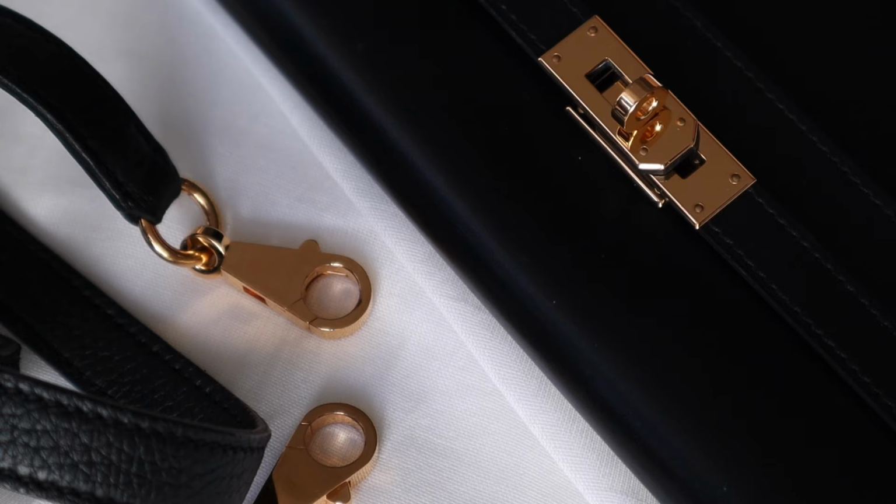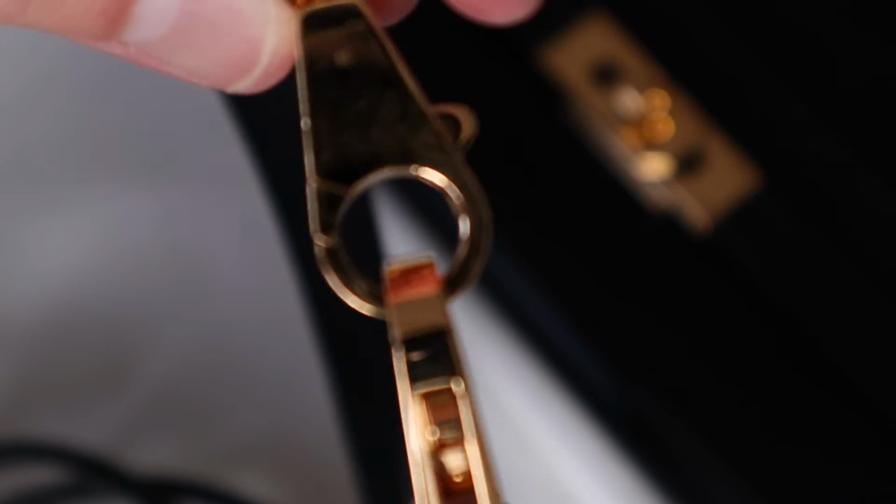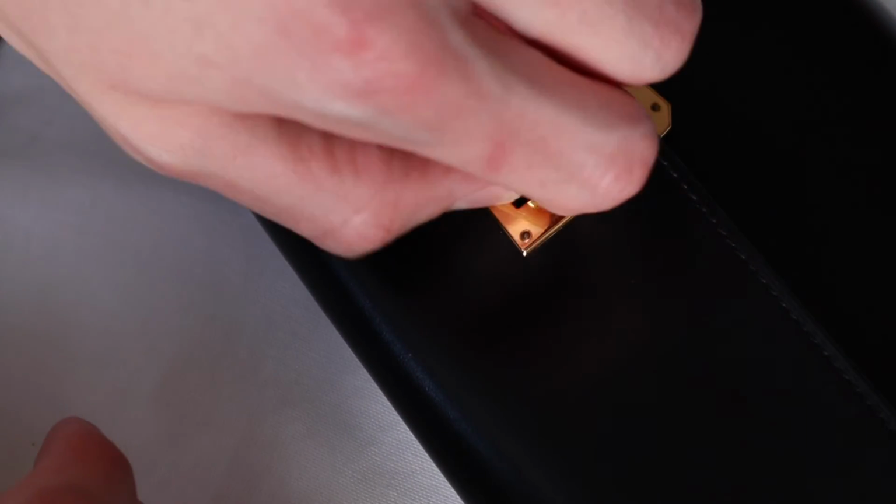So I stuck with the original Kelly wallets, and I do think that these are a much better investment, because yes, you can turn these into a crossbody bag whenever you feel like it. You can use a Kelly belt if you have one as a strap. You can use one of the straps that you have in your collection that you got with another bag, or you can even buy straps online that will turn your original Kelly wallet into a Kelly to go in case you like the look. If I can find some online, I will make sure to have them linked in the info box for you. But I personally tend to use these mainly as a clutch bag or as a wallet